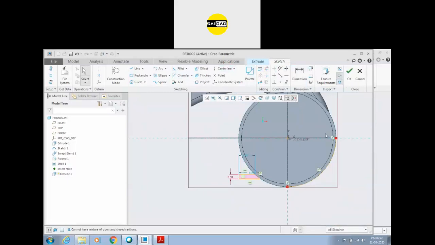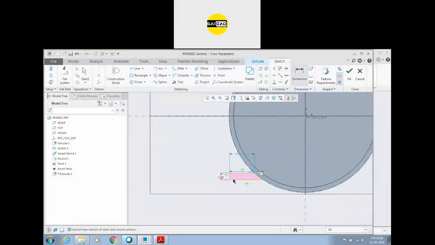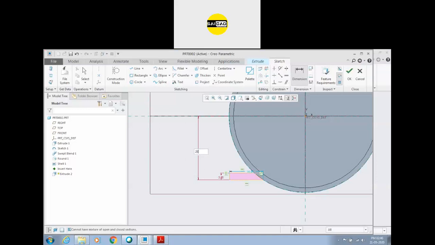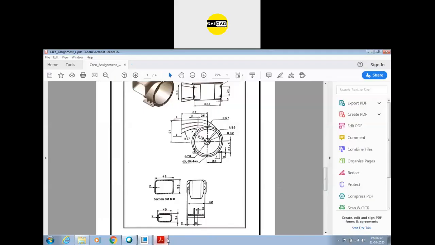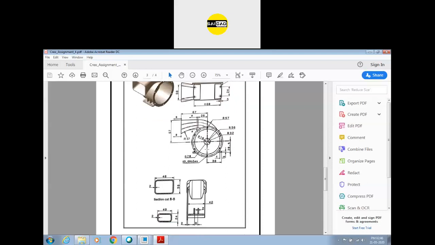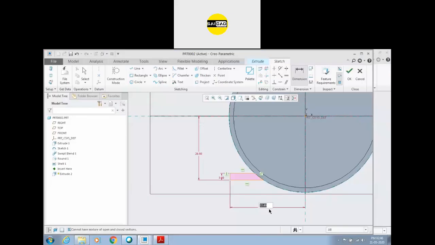and after that we have some dimension that this distance is I think 28.5, and we have this distance also that is at 38 I think. Okay, that is 36.